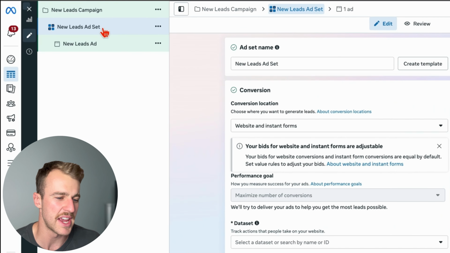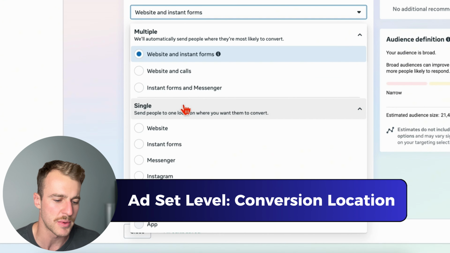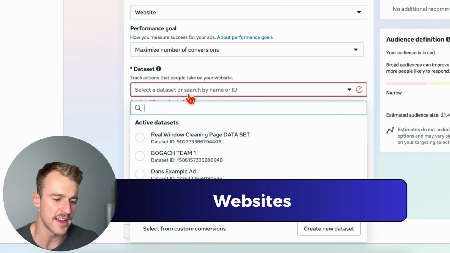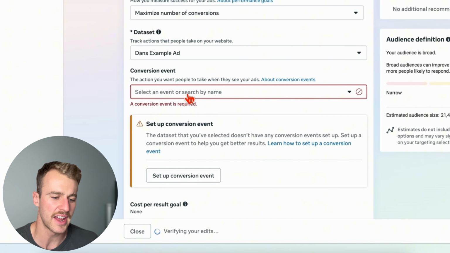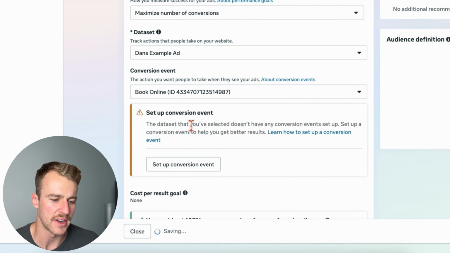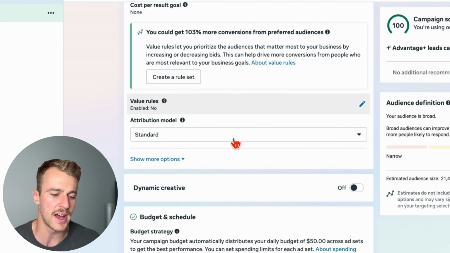And now, as you can see, we're in the ad set level over here. Now what we're going to do is just change the conversion location. We're going to put this on single and put this on website. Okay, now we're just going to select our data set here. I've just selected Dan's example ad, and the conversion action that we're going to use is going to be book online, okay? Now, if you haven't set this up, just go through, set up your pixel and everything like that. It'll prompt you and show you exactly how to do it. But for me, since I've already got these examples set up, we're just going to scroll on past